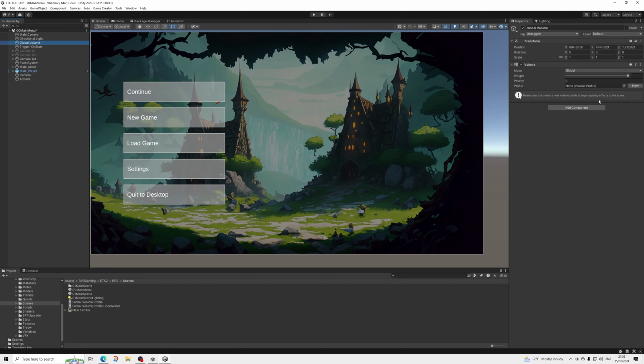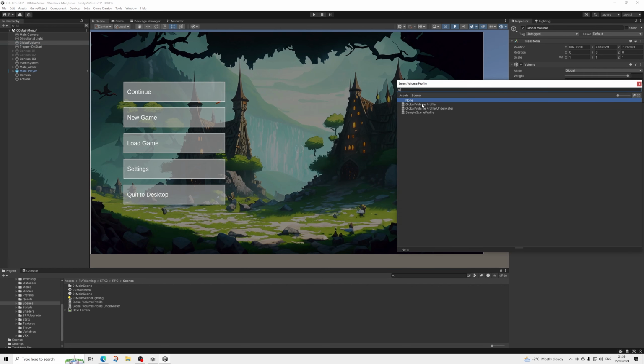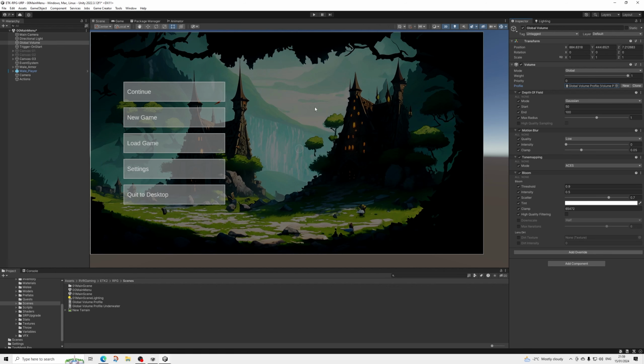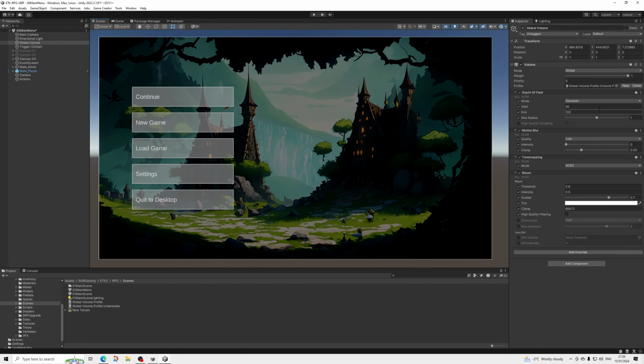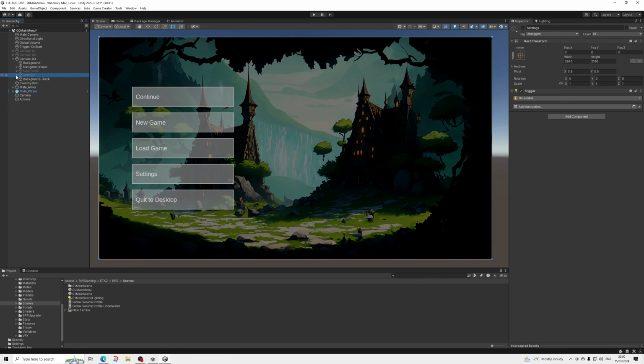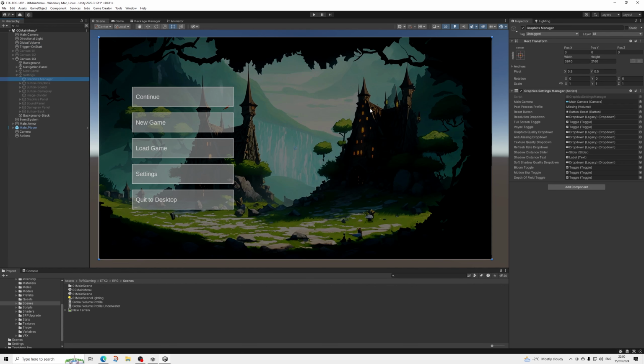I'll drag this back to the top, and we'll take this one. So that's the one I set. You can change the settings to whatever you want, of course. This is just an example. And then go to canvas and settings, and in here in the graphics manager you'll see that everything still is referenced properly, like it should,